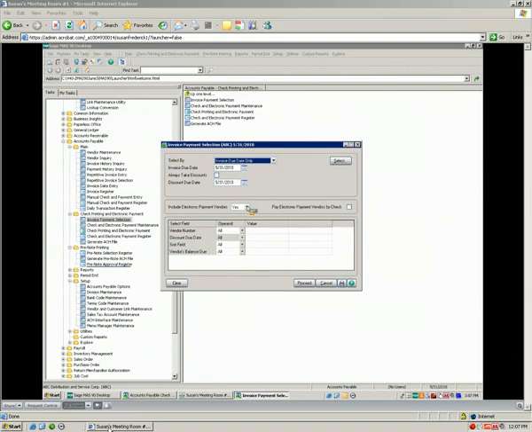In invoice payment selection, you can choose to include, exclude, or only process electronic payments. Now, if for some reason you can't pay your vendors electronically, you can select this option and they will be paid by check instead. I've already selected to pay two vendors, one by check and one electronically. Check and both. Now, bank code to use